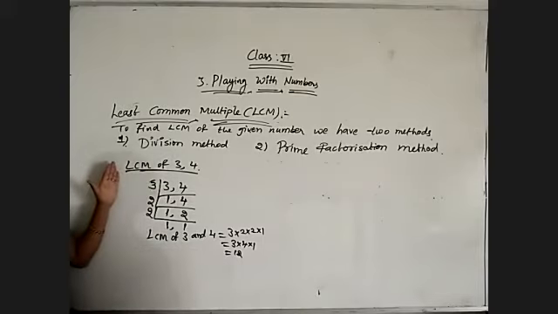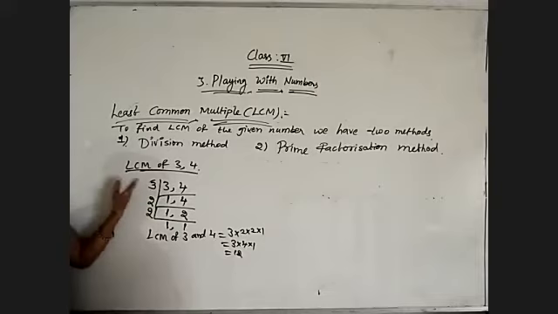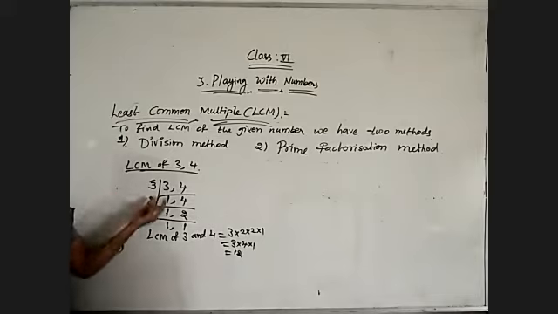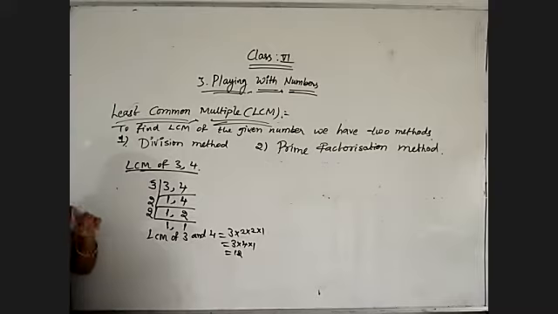So you need to remember, in the division method, you need to divide all the numbers at a time. But what is the possibility? If only one number is divisible by the divisor, divide only that number, and write the remaining numbers as they are. And remember this: 3 and 4 are consecutive numbers. Yes or no? What is the HCF of consecutive numbers? Yesterday we did: it is 1. So whose HCF is equal to 1, their LCM becomes the product of those two numbers.